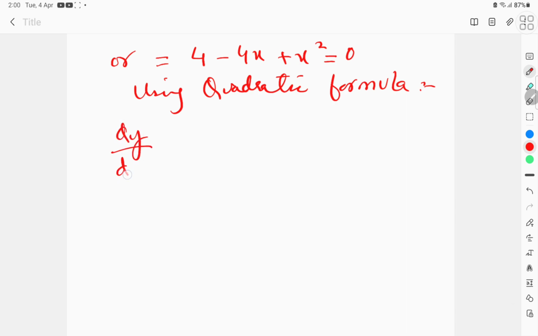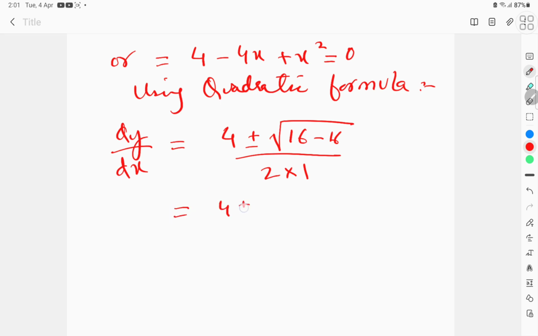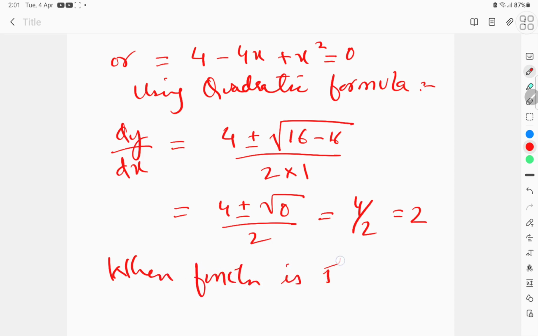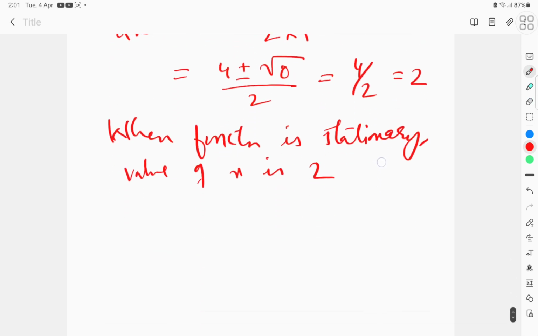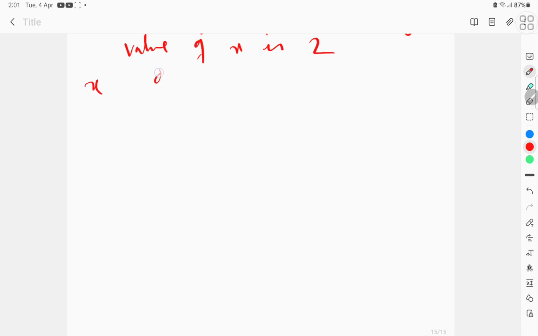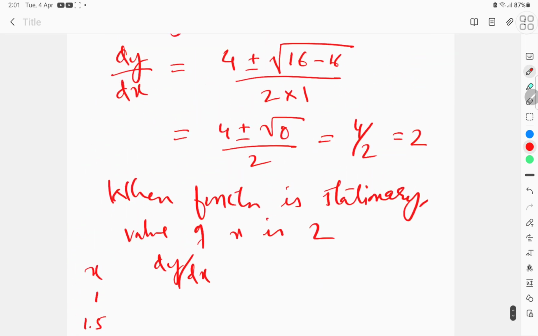when we differentiate dy with respect to dx, it will be 4 plus minus under root 16 minus 16 upon 2 into 1. So it will be 4 plus minus under root 0 upon 2, and 4 divided by 2 is 2. So when the function is stationary, the value of x is 2. Now you can substitute various values of x and find the derivative. Suppose we substitute 1, 1.5, 1.75, 2, 3, 4, 5, so we get various values,